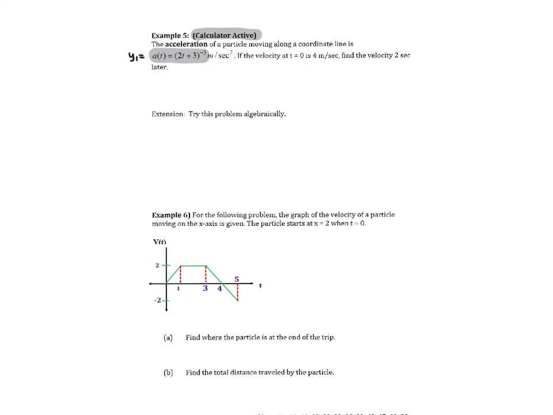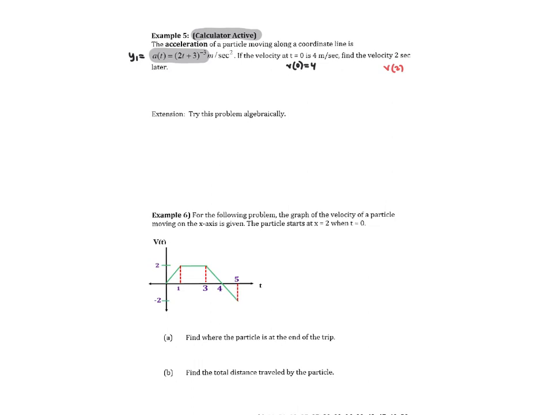If the velocity at time t equals 0 is 4 meters per second, that tells me v of 0 equals 4. Find the velocity 2 seconds later. So what I'm seeking is to find v at 2. Now, algebraically,